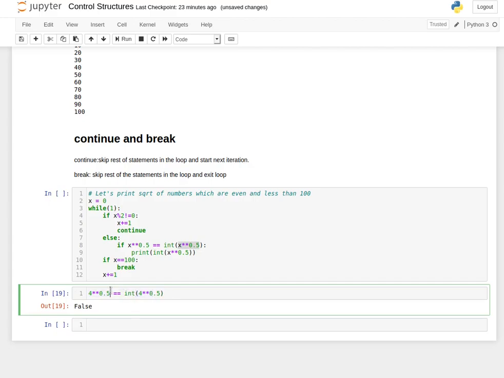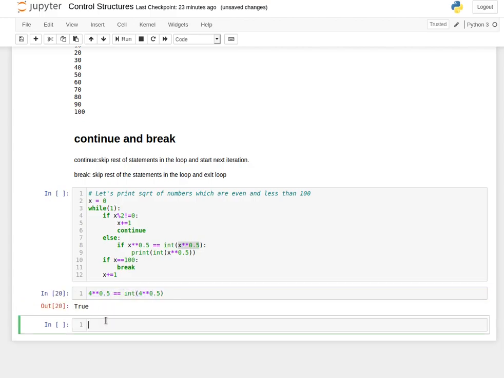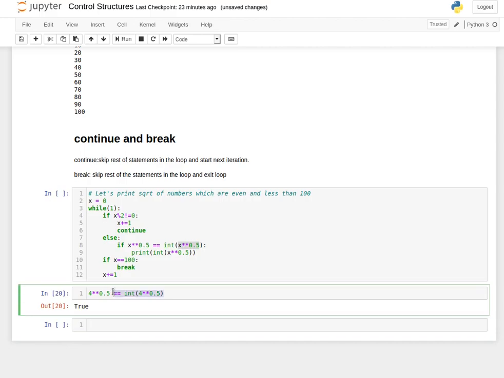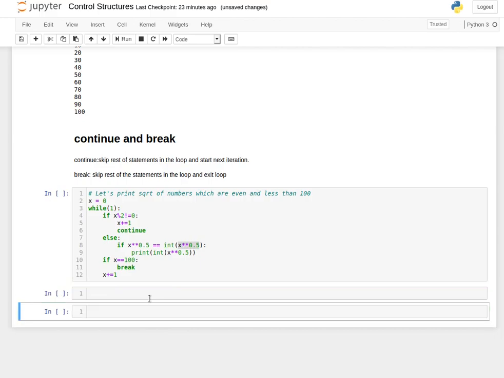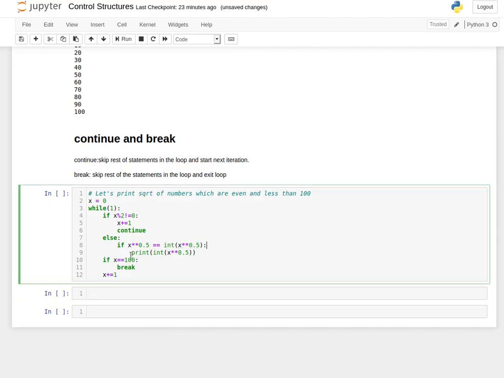So a perfect square's root typecasted value would be similar to it. And then after checking that condition, I'm printing the value only if it's a perfect square.